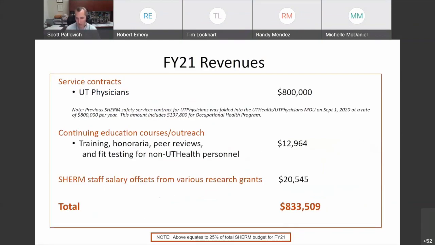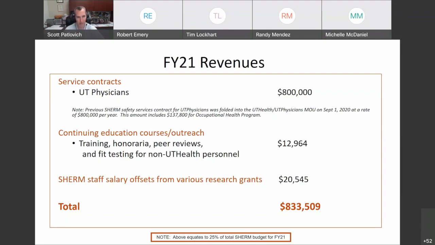In regards to the revenue that we bring in, because we have a contractual agreement with our UT physicians clinical practice plan to do safety in all of those outpatient clinic locations, we were able to negotiate a major increase in that contract. So $800,000 a year comes in for all of our services. We've got people roller skating around the greater Houston area that's geographically the size of the state of Connecticut to oversee the clinics around the city. And some of that money does get peeled off right away to help support our occupational health program.